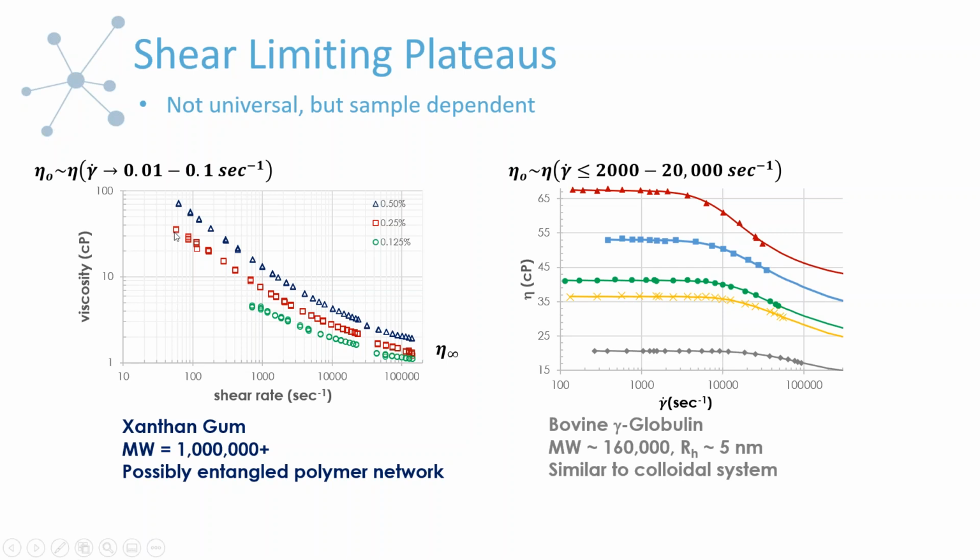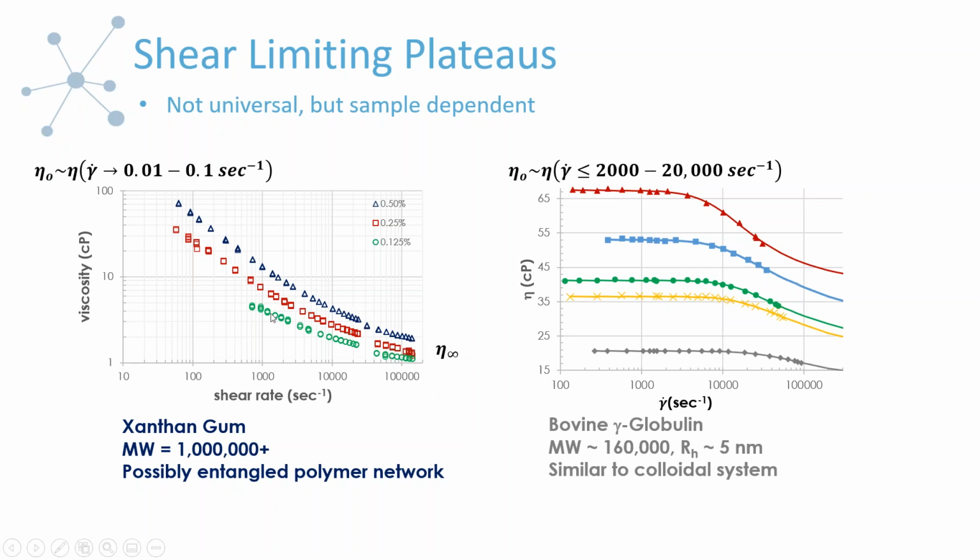So, to contrast this with something with a very large molecular weight, xanthan gum, because we don't know the exact molecular weight here, we don't know exactly what regime we're in, whether we're just overlapped or we have some entanglement. But in this case, although we weren't able to get a low shear plateau, if you look in the literature, I got an estimate that if we could have achieved the rates, the low shear plateau would have been somewhere between 0.01 and 0.1 inverse seconds. So a few orders of magnitude lower than what we were able to obtain. But you can see that we're getting close to the high shear plateau.